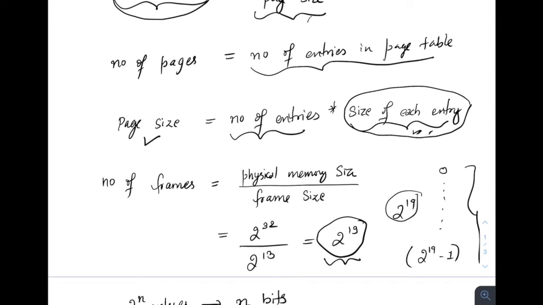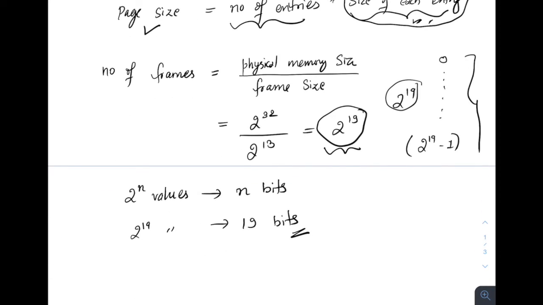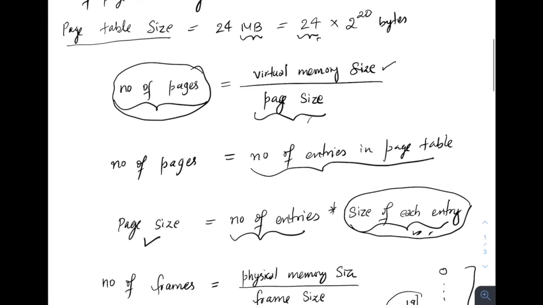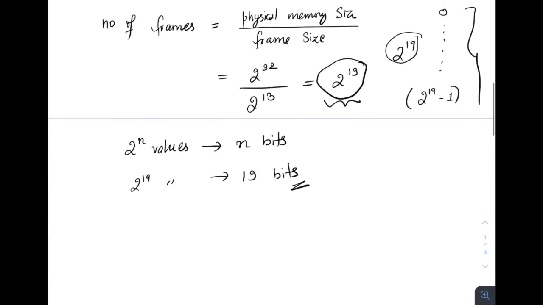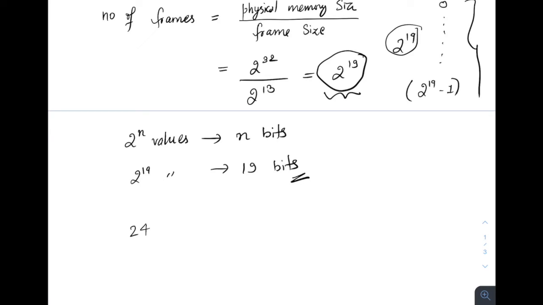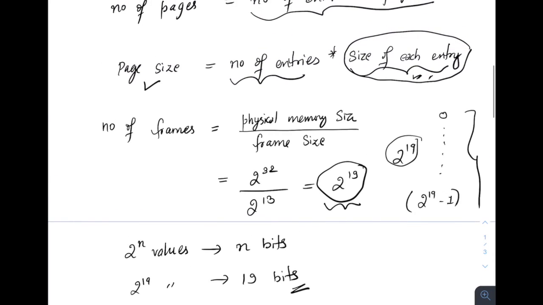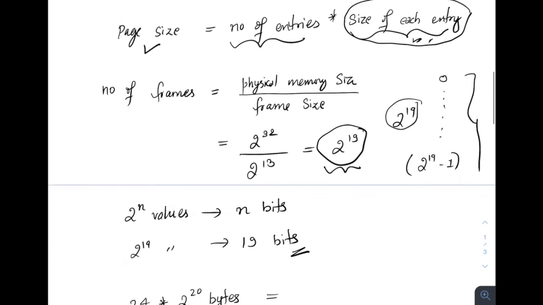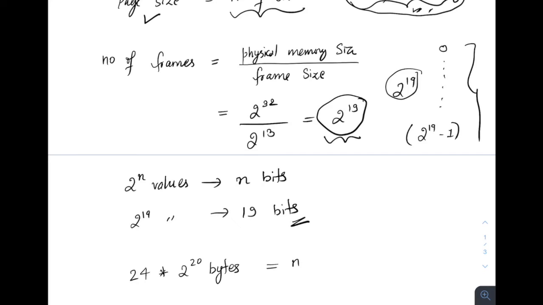Okay, we got this. Now we know the size of the page table entry here, right? So basically we can substitute here. Page size is how much? Sorry, I have to keep on going up. Page size is 24 into 2 power 20. So let's substitute that. 24 into 2 power 20 bytes. This is our page table size. And the virtual, we were at where here number of entries we have to find, right? Let it be number of entries.